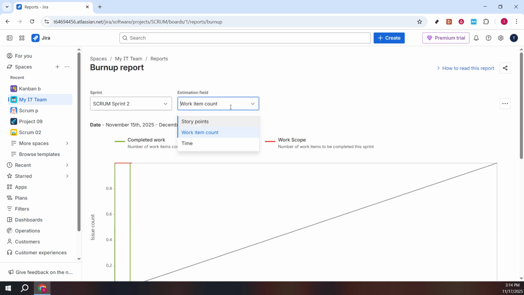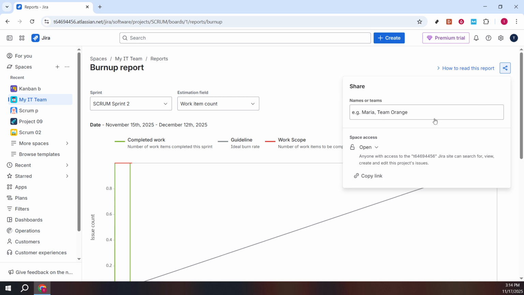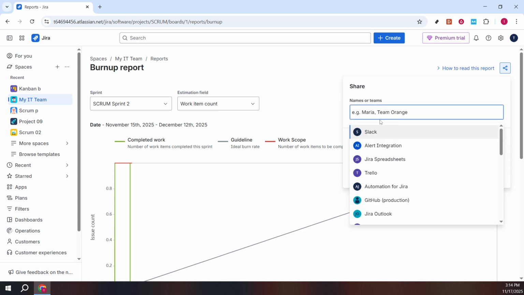From the right side of your screen, you'll see a share icon. Clicking on this will provide options to distribute the report easily across your team. Sharing keeps everyone on the same page, fostering collaboration and informed decision making. And that's it. With these steps, you should be well on your way to creating comprehensive and insightful Jira